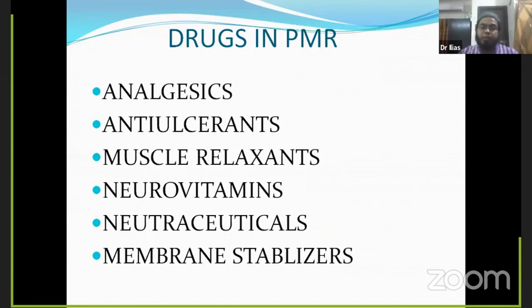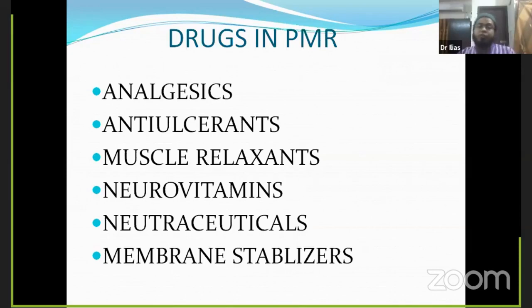So ultimately, what happens if a patient is having neuropathic pain? We know neuropathic pain is caused by the transmission of unwanted neuronal stimulation by acetylcholine transmission from the presynaptic one to the postsynaptic ones. So likewise, the transmission of the neuronal stimulation will be there by the transmission of the acetylcholine. But the membrane stabilizer prevents the transmission of acetylcholine from the presynaptic nerve terminal to the postsynaptic nerves. So this will prevent the progression of the unwanted stimulation of the neurons.